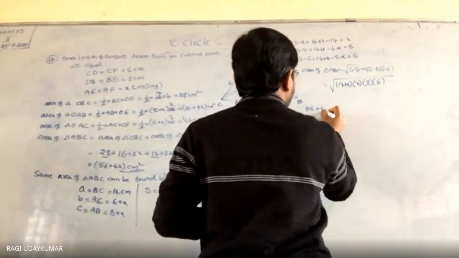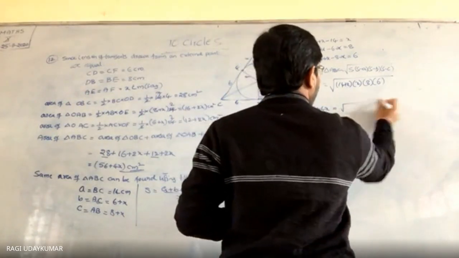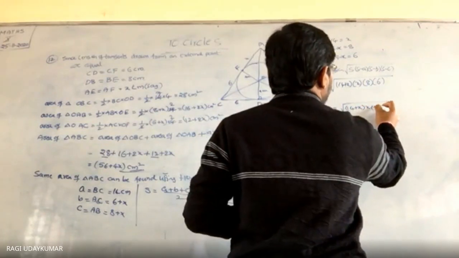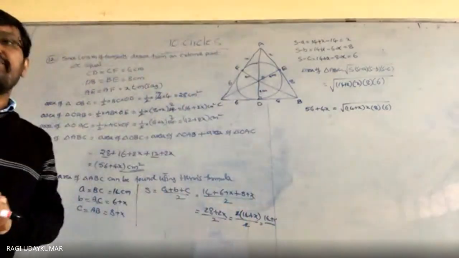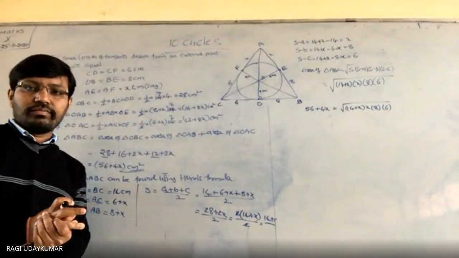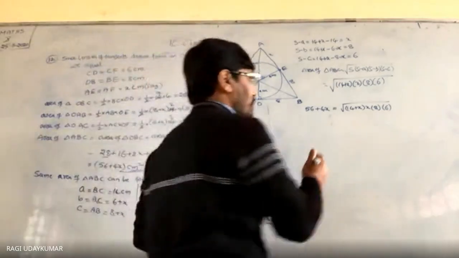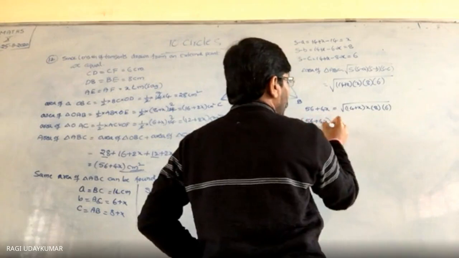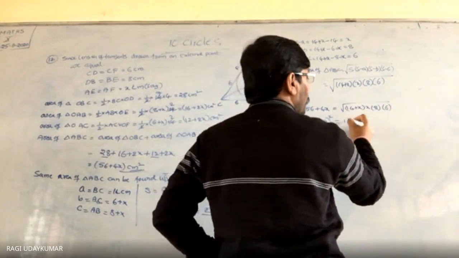56 plus 4x is equal to the square root of 14 plus x into 8 into 6. इसको simplify करना है. Simplification is squaring on both sides and finding the x value. Squaring on both sides, 56 plus 4x whole square is equal to, here squaring on both sides we get